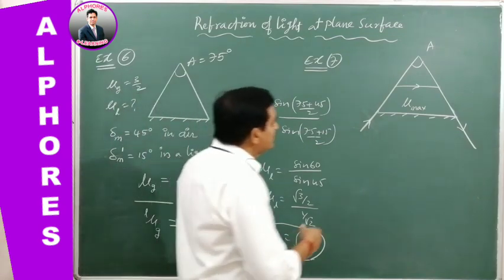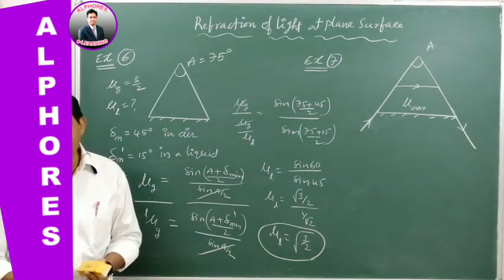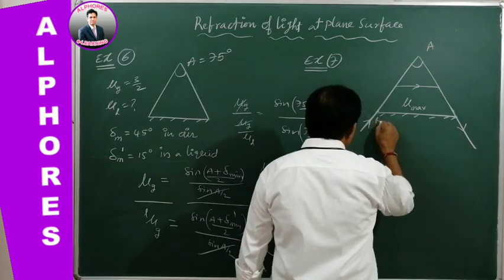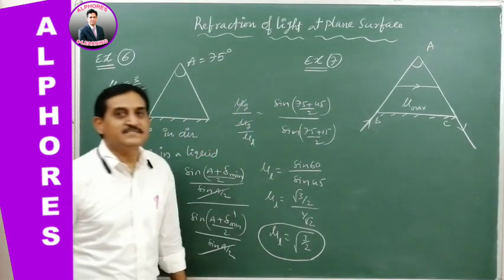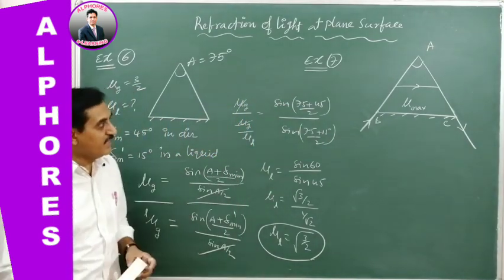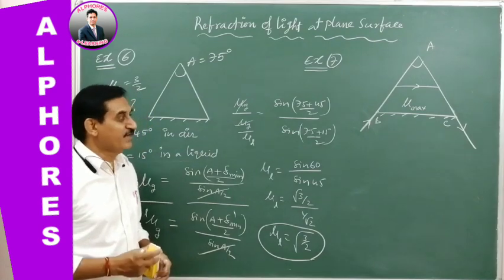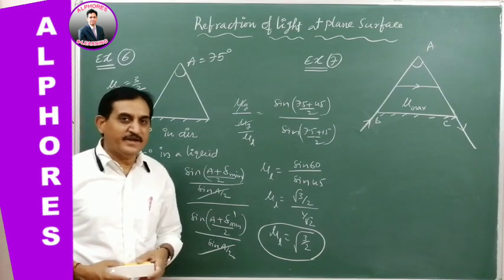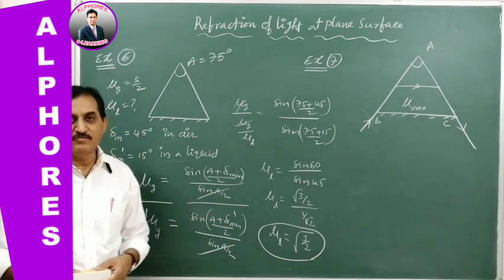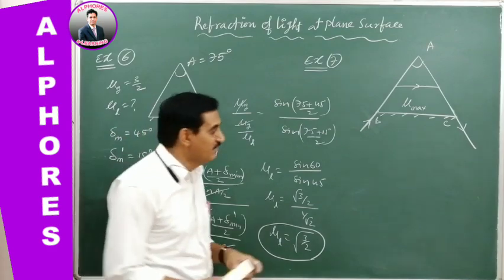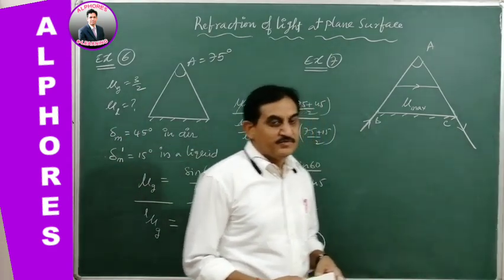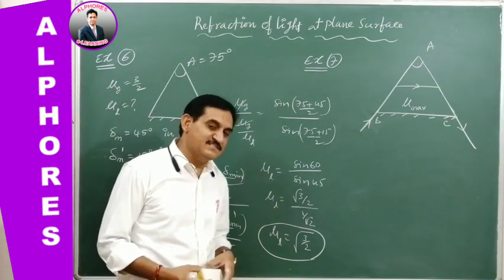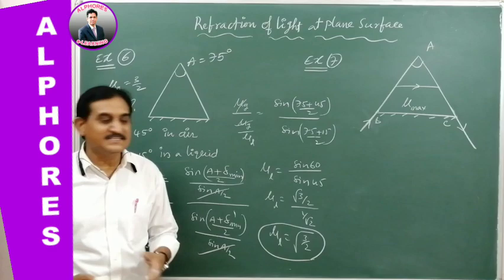It means the light is grazing incidence, and after refraction it is grazing out of the second refracting surface, say ABC. So the light is grazing along the AB surface, and after refraction it is grazing out of the second refracting surface AC. This is possible for a value of refractive index which is said to be the maximum. What should be the maximum value of refractive index of the material of the prism for which it allows the passage of light, in the sense of grazing incidence and, after refraction, grazing emergence?